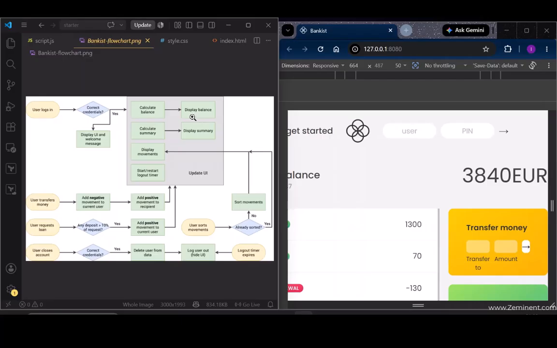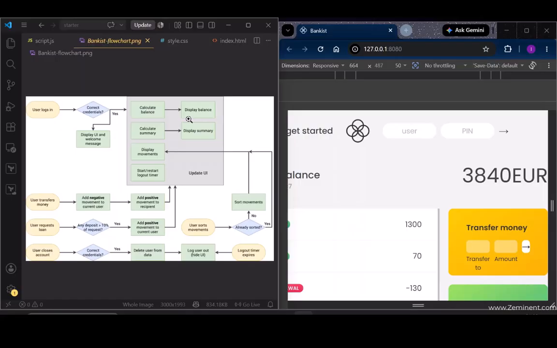So we already did calculating the balance and displaying the balance. We did all this in just one function, and we also already have this displaying the movements. So indeed we are making some nice progress here, and the rest you see here will be even easier as we go on. And now just to finish this lecture about the reduce,